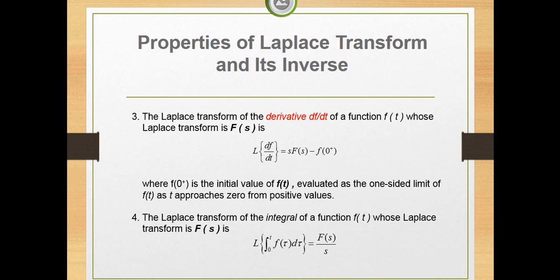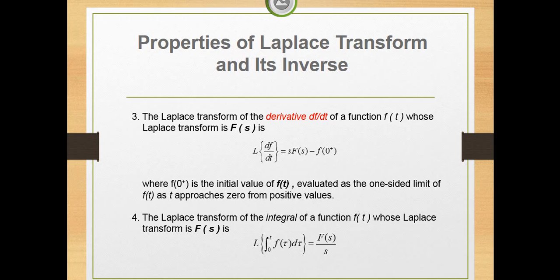Okay, good day class. So we will continue with the topic of Laplace transforms and its inverse, and how it is used in determining the solution of higher order differential equations, whether homogeneous or non-homogeneous, but having constant coefficients. So the first two properties talk about the Laplace transform being linear, and correspondingly that also is true for its inverse Laplace transform. With Laplace transform being linear, it allows us to evaluate piece by piece a given expression of